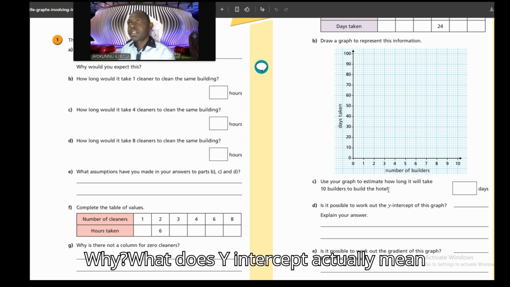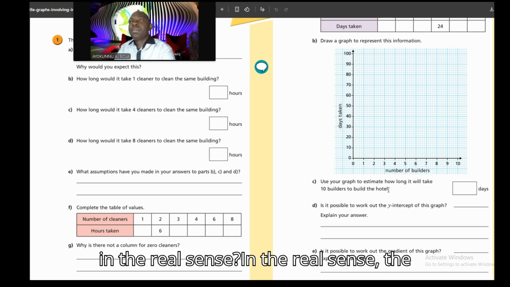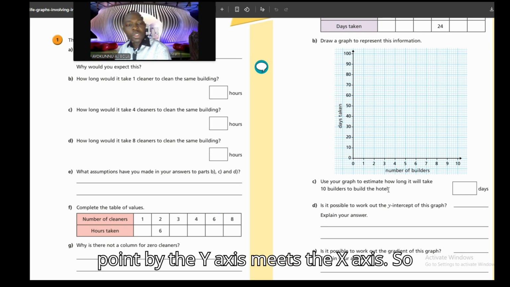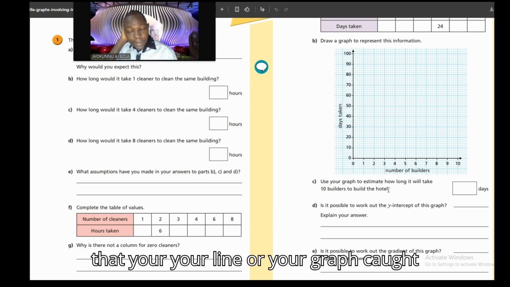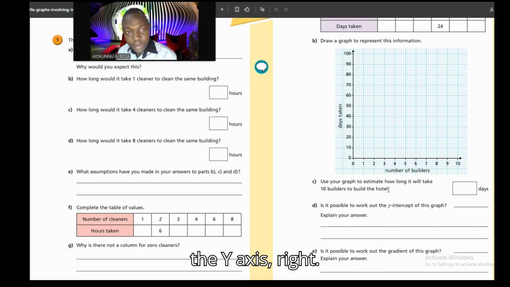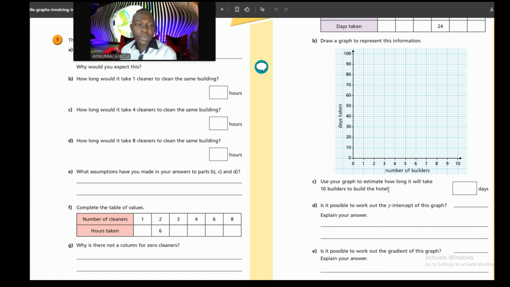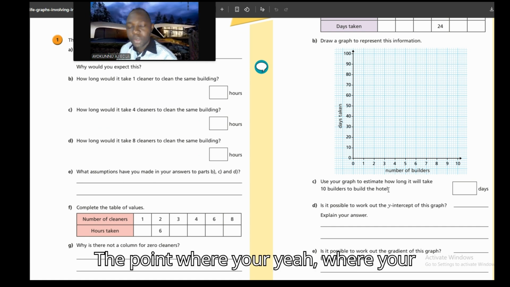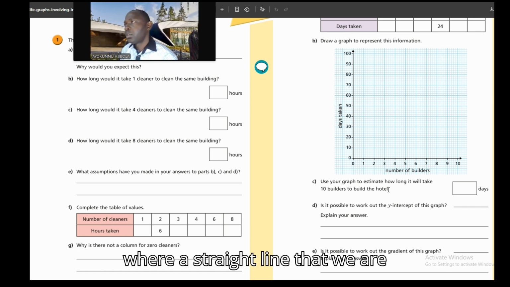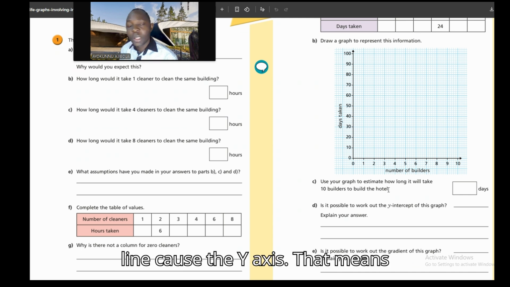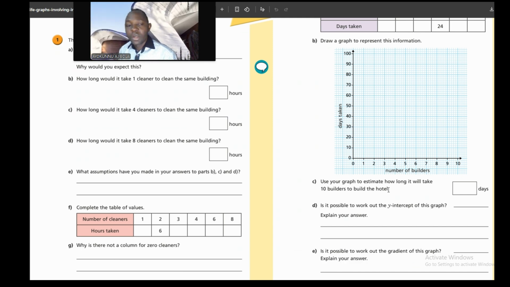What does y-intercept actually mean in the real sense? The point where the y-axis meets the x-axis. So that means the point where your line or your graph cuts the y-axis. So what happens at the point where a straight line that we are plotting, let's assume it's a straight line, cuts the y-axis? That means at